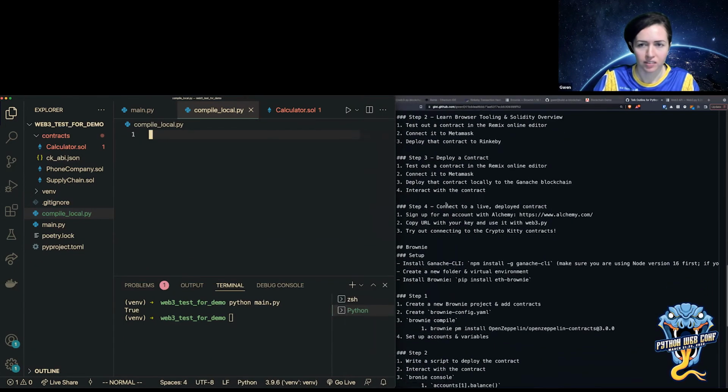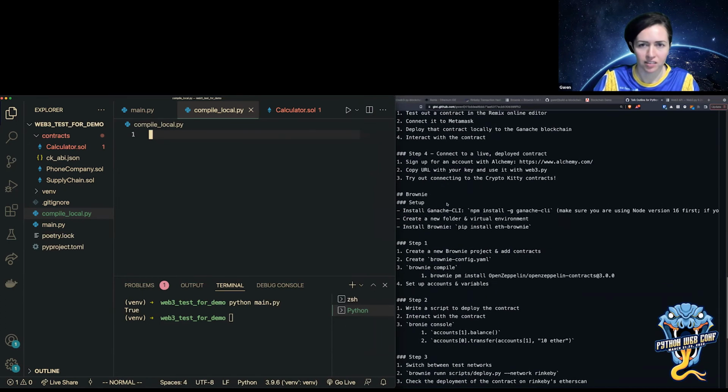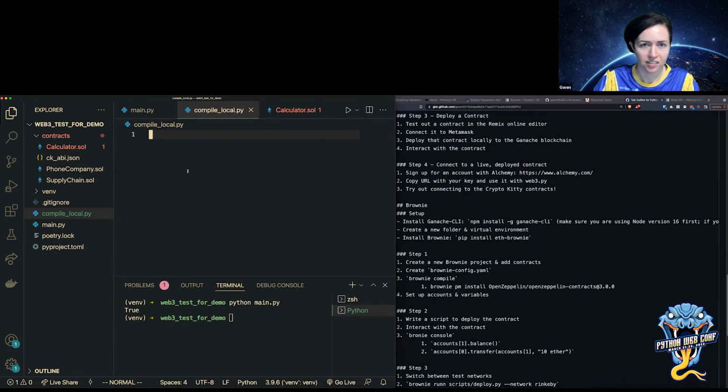Step 3. Okay. So from web3 import Web3, and then, oh yeah, I need my compiler.